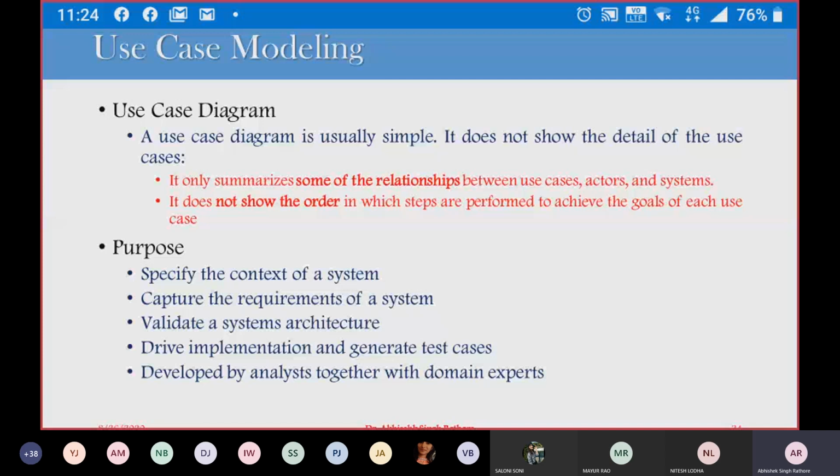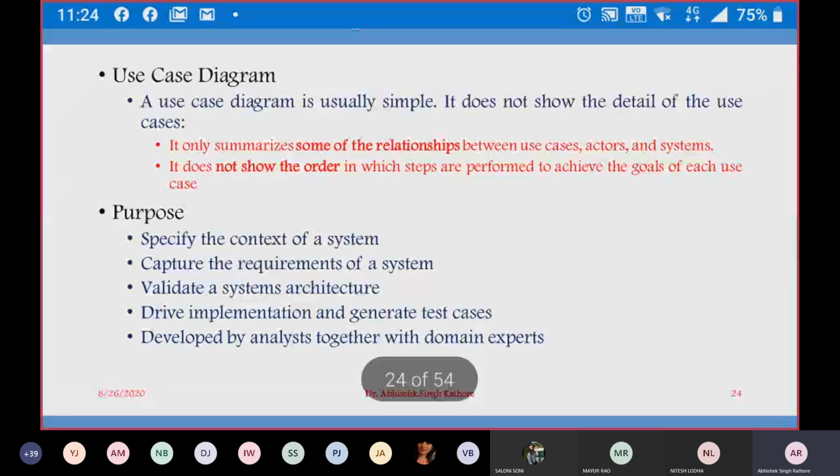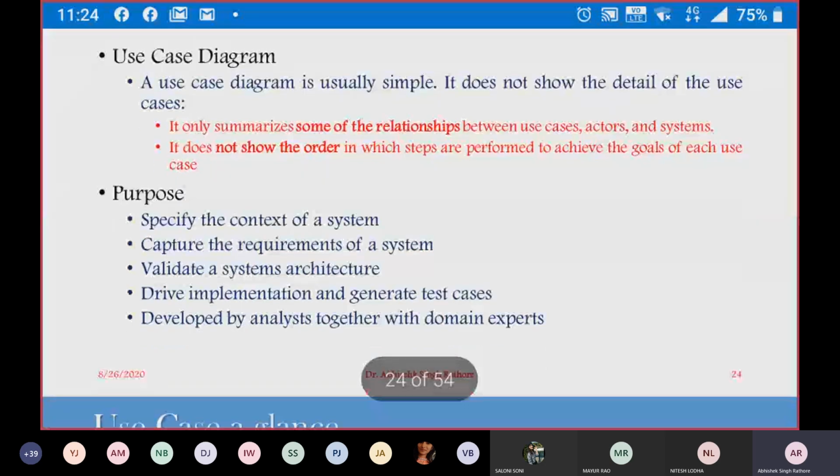What is the purpose of modeling use cases? The main purpose is to identify the context of the system, what we are trying to do, what the achievable goals are, and what the main requirements are that are to be built for our system. It also helps to validate our system. When we complete gathering requirements, we have a visual model that is documented. After requirement specification and gathering, we analyze our requirements and generate a model and document it.